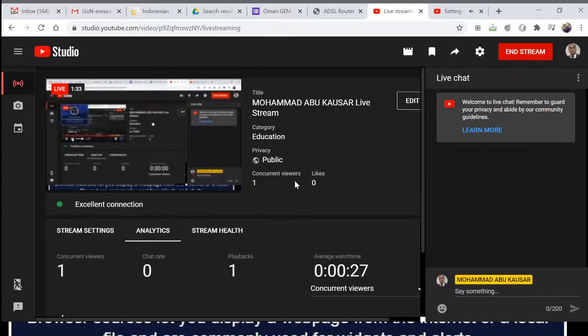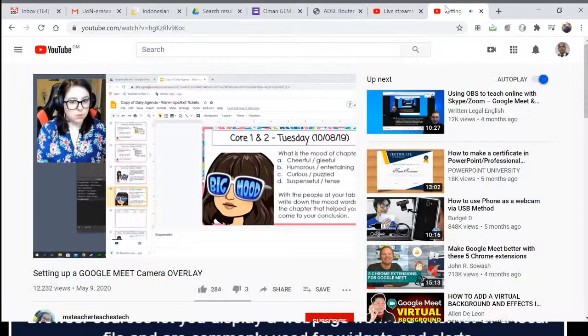You want to make sure that you have your internet browser pulled up before you go ahead and do this setting, so that way the program can recognize what window is what. And just to let you know, you can have one window open from the internet to project to your students that you want them to see, and then you can have a separate